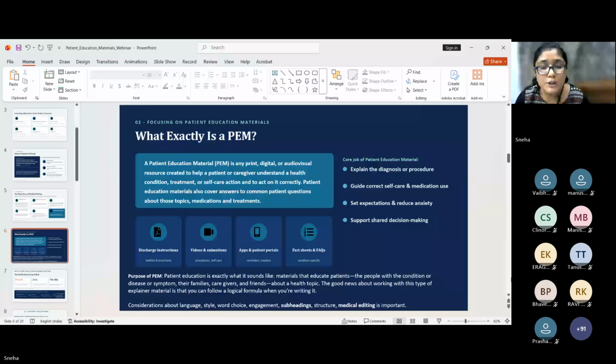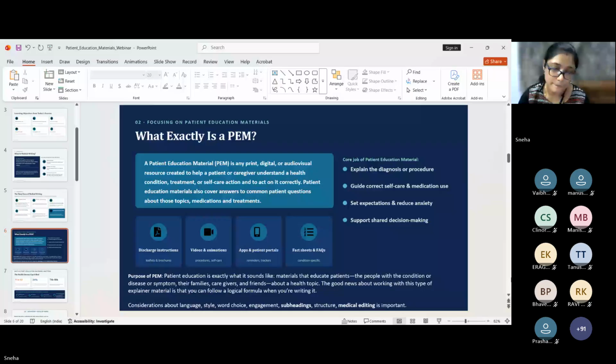So after making a shared decision, you can set your expectations. Like, suppose you're suffering from NAFLD, non-alcoholic fatty liver disease. You know that there is no such medication for NAFLD. It is just lifestyle modification that helps you to reverse the condition. So after reading an article, you have come to the conclusion that yes, it is possible to reverse NAFLD if I can modify my lifestyle. So this sets an expectation, and this reduces your anxiety that yes, it is a reversible condition.